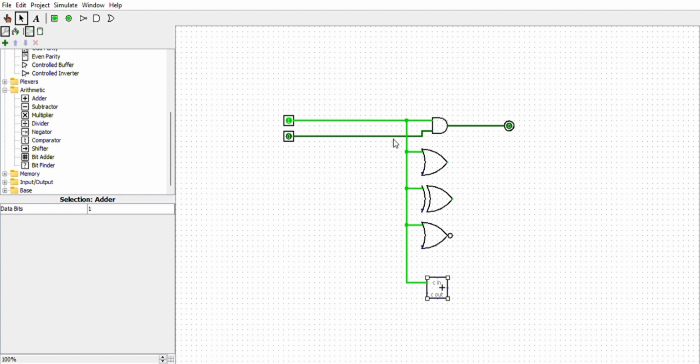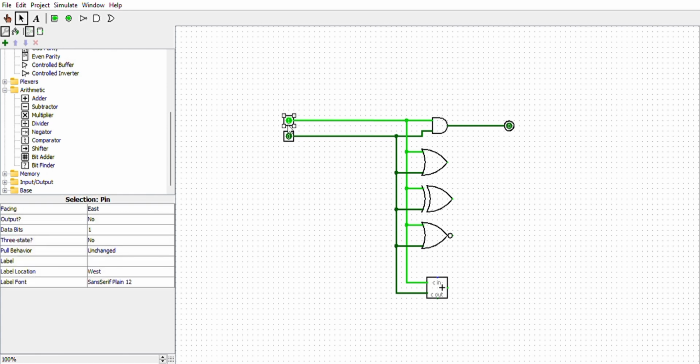Now connect the second one to the second one also. So I'll connect the second gate like this. So I'll name my first